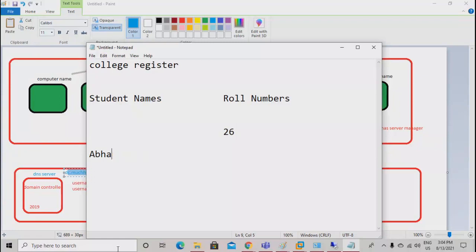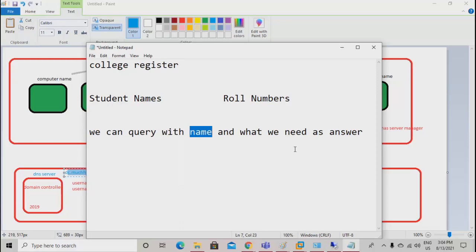It means that we can query with name, and what we need as answer. Suppose I asked amazon.com. When I'm surfing amazon.com, my computer doesn't know what is amazon.com. My computer should connect to some computer which has an IP address and which is amazon.com. So when we query as a name, then what are we expecting?